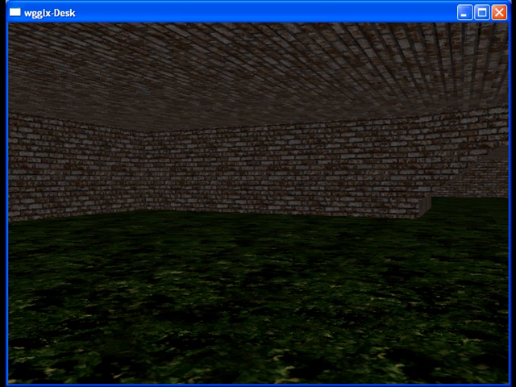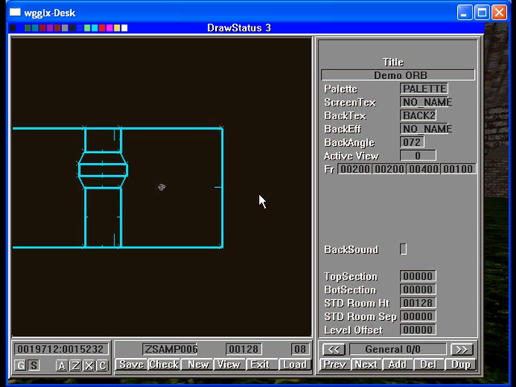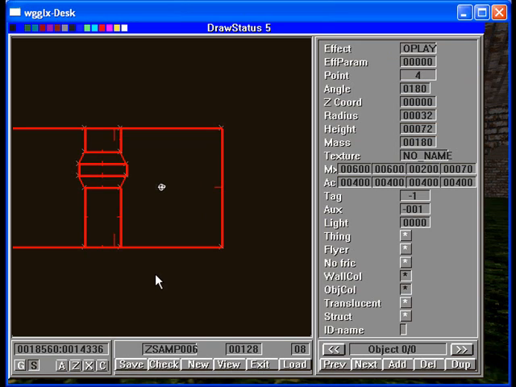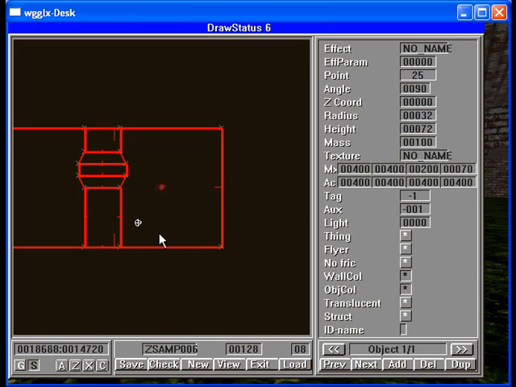What I'd like to show you now is something we call "what could go wrong." Let's start by inserting an object. So Alt-E to open the editor. I'm going to use the arrow keys to go to the object menu, and I'm just going to click over here, and let's drag that a little closer to the wall, and let's make this